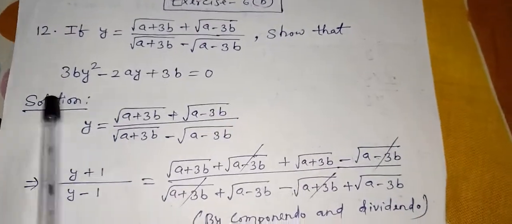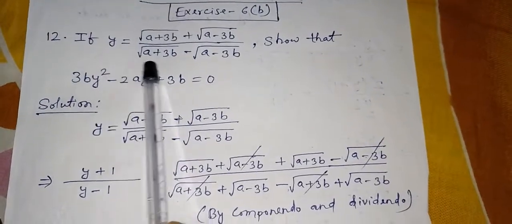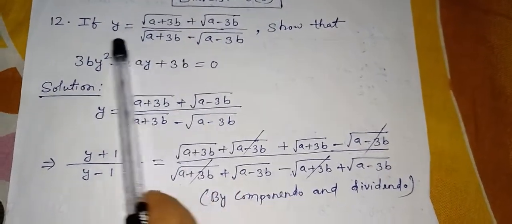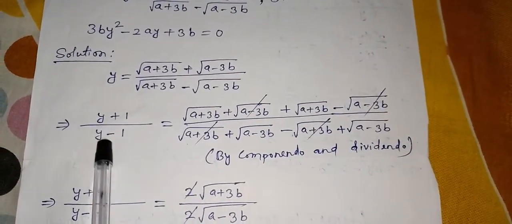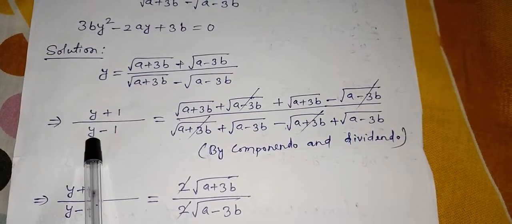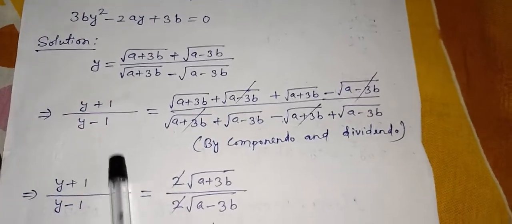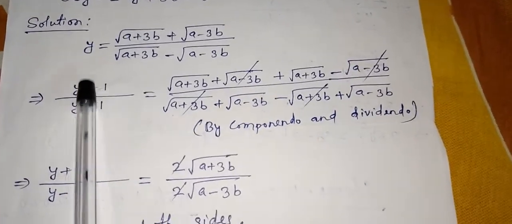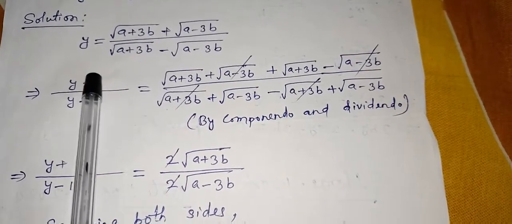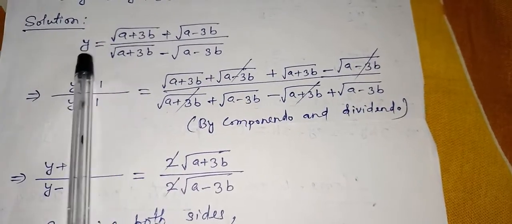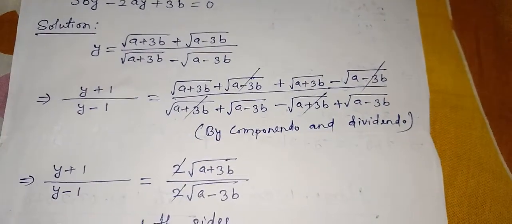So what we have done here, this given part y equal to this root over a plus 3b, these all things we wrote here, same thing. After that I have applied here componendo and dividendo formula. How? Below y there is 1. That means what does this formula say? This y which is in the numerator will be written at the top, at the bottom. Then we will use plus and minus formula, and the denominator, that is 1, will be written at the top, at the bottom. This is the componendo and dividendo formula.